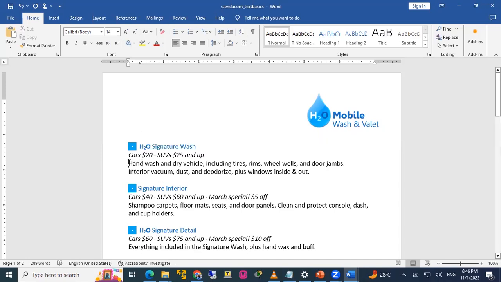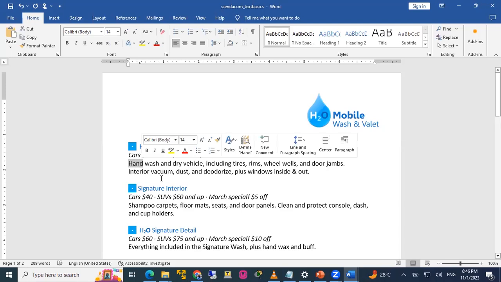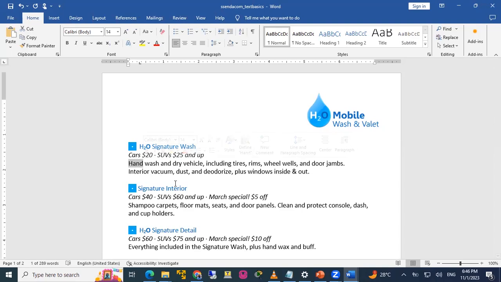So when I came here, I held the mouse with a click, and then I dragged it to the end and I stopped clicking. So you have to click, hold, and drag to the end of the text you want to select. If I want to select hand up to vehicle, then I click and hold and drag from the hand till I get to vehicle. Then I select it. This is highlighting.